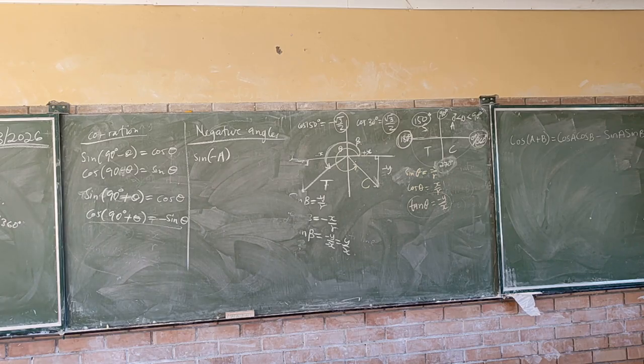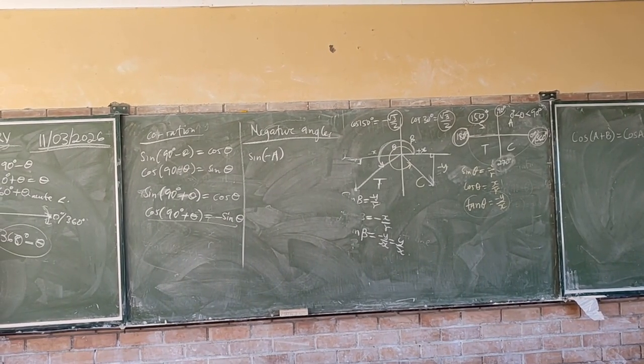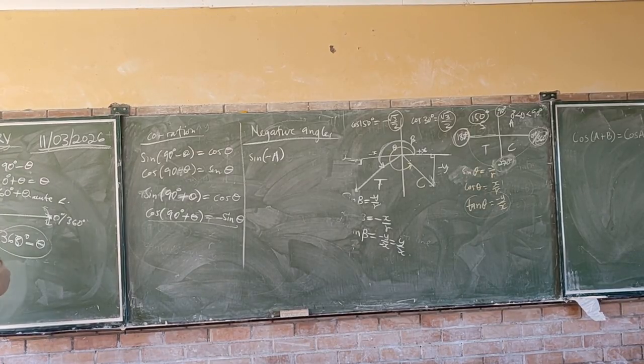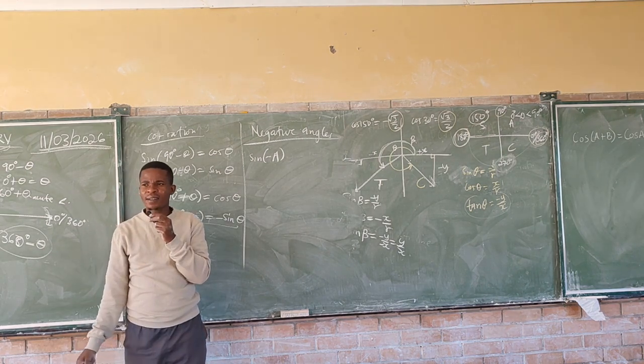So we name this quadrant number 1, quadrant number 2, quadrant number 3, quadrant number 4. So in which quadrant are we? If I say 360 minus angle A,